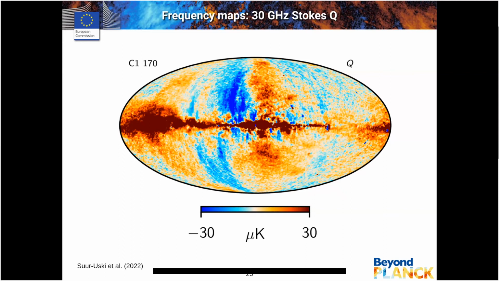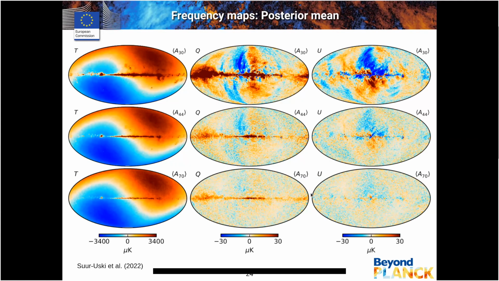Of course, you can also compute the posterior mean of all of these samples, and that's what's plotted here. These are our best estimates of the mean of our posterior distribution. These are the things that you could compare to a traditional CMB analysis pipeline with these mean maps. But in addition, we also have the full correlated sample set of all of the realizations of each of these maps, so that allows you to compute the errors on them directly from the data.